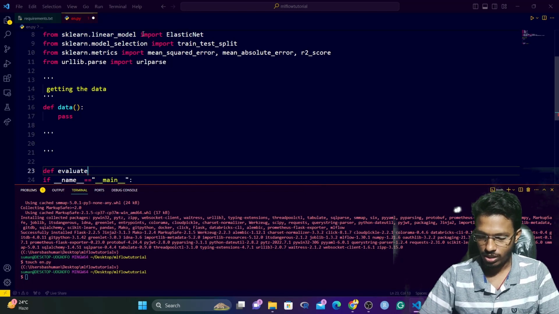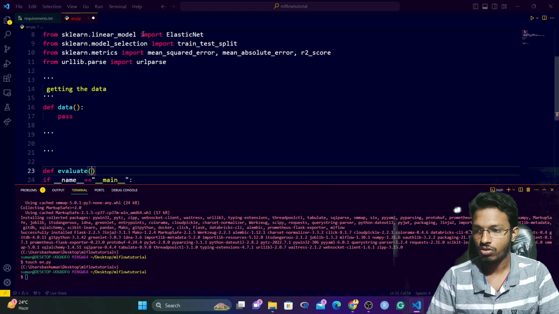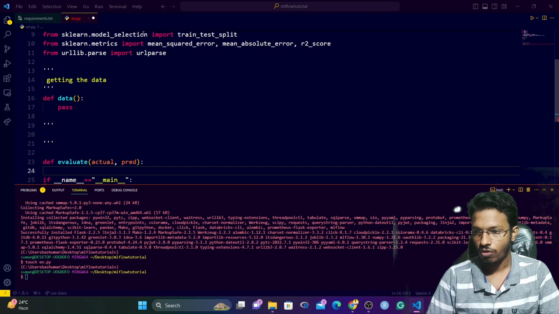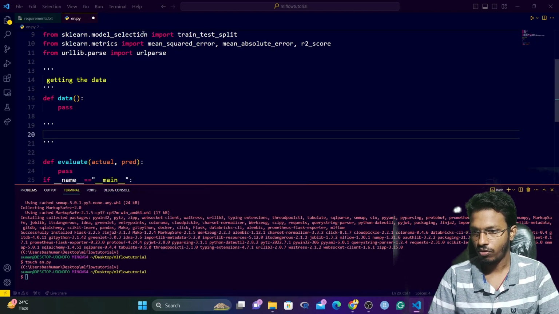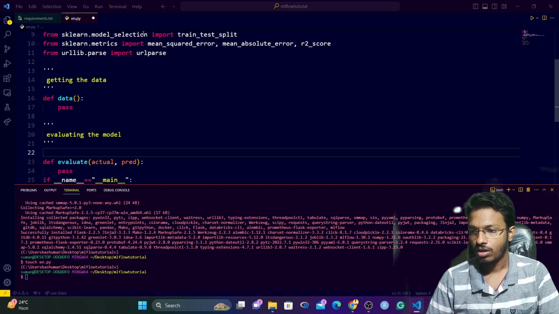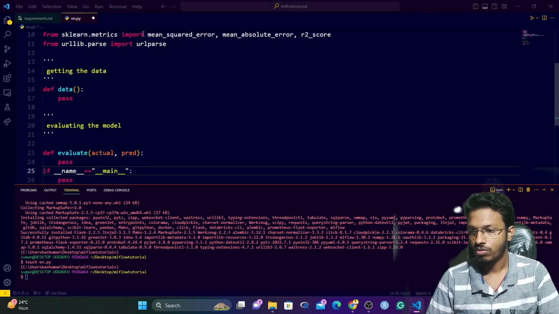So as we know, in the evaluation, we can do it as in linear regression: actual minus prediction, right? We do that. For now, leave it for the pass. Now, right here, evaluating the data, evaluating the metrics, evaluating the model. This will be perfect, right? After that, what we will do,